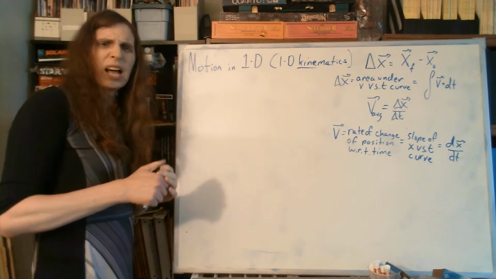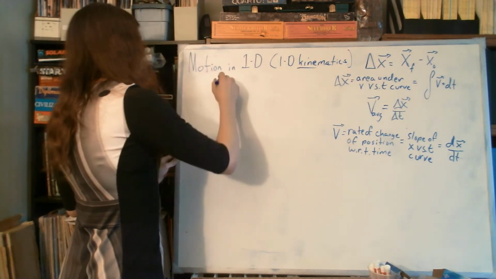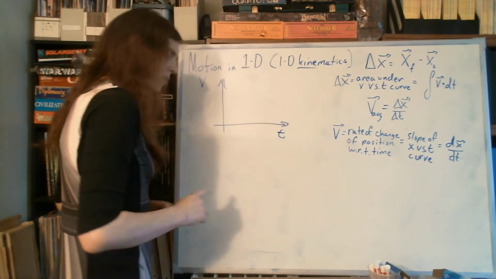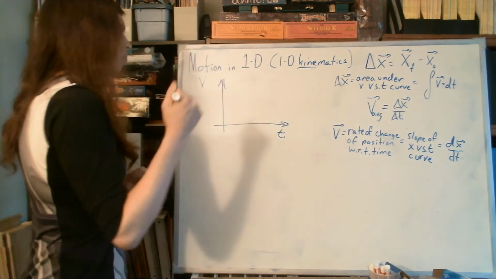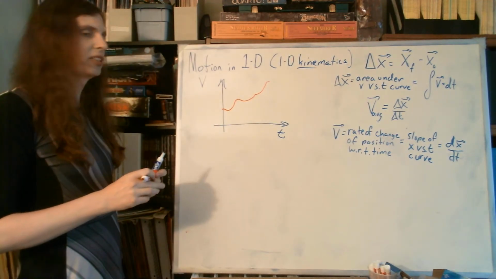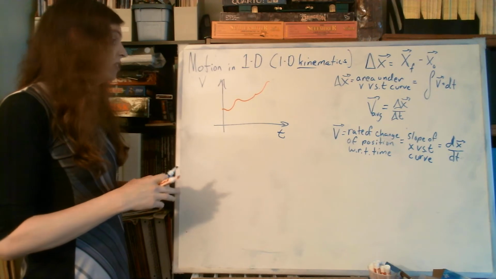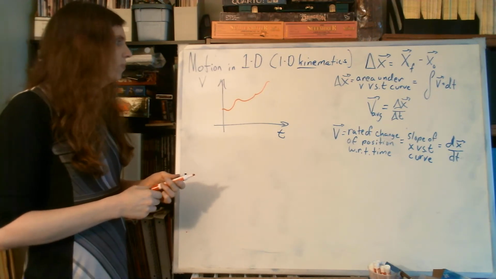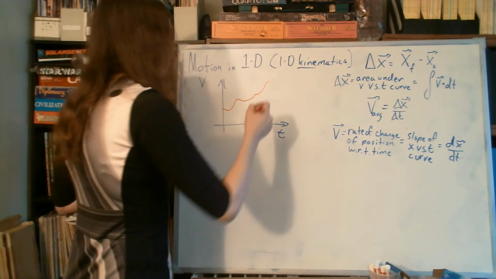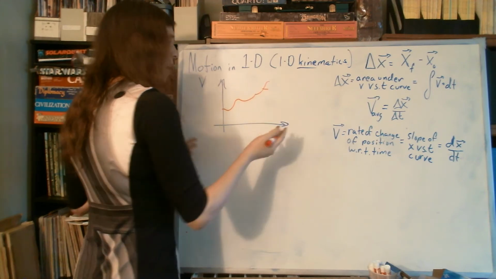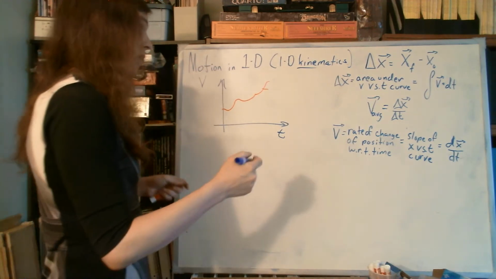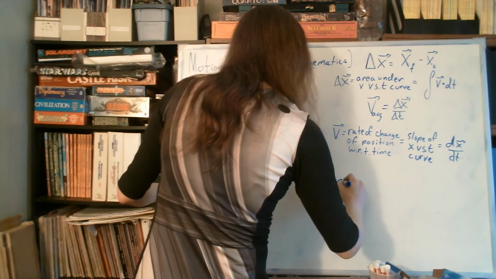So let's look at velocity versus time again. Let's say we have a velocity versus time curve, and we're changing velocity. Well, it too has a slope on that. And so we can look at the rate at which velocity changes with respect to time. We give that a name. We say that acceleration